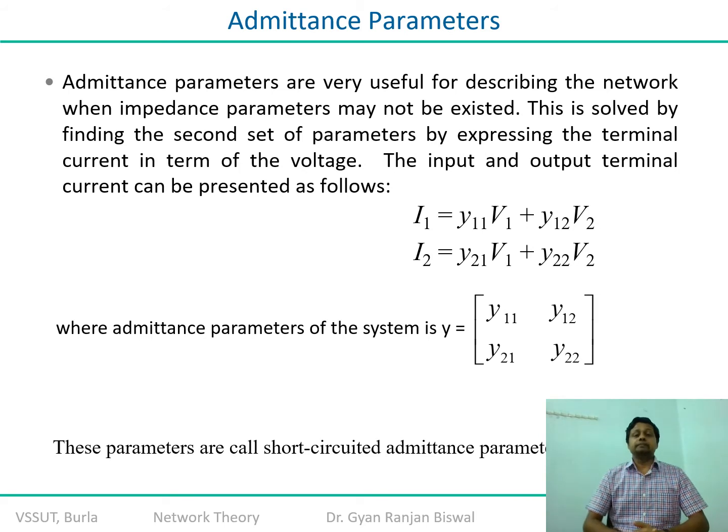Fine. The last thing, you should also be able to understand why we call it the short circuit admittance parameter. As you can see in this matrix, the dependent parameters are now the currents, the input and output currents at the terminals, I1 and I2 respectively. Similarly, the input and output terminal voltages V1 and V2 are now independent variables. So the voltage is an independent variable and the currents are dependent variables, therefore it is advised to calculate the admittance parameters.